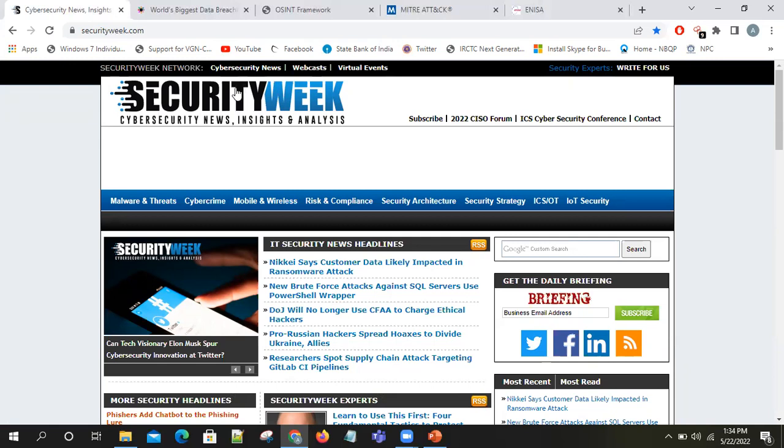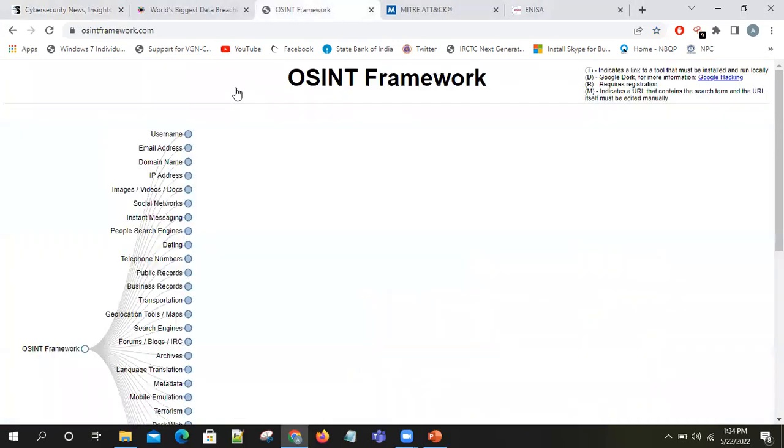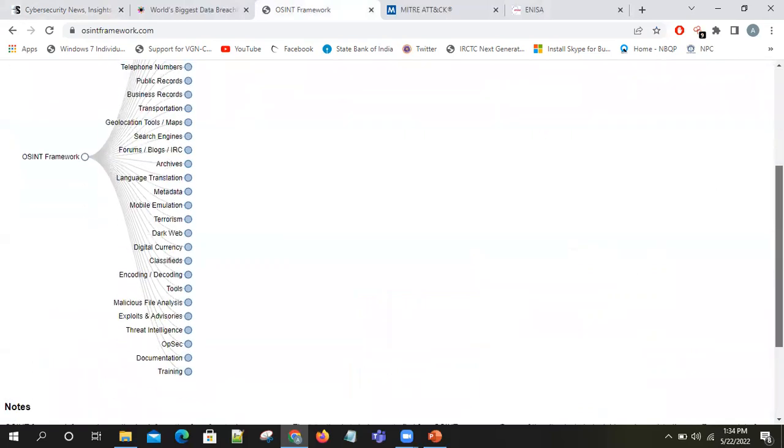The first thing for learning cyber security or the hacking part is the OSINT framework. This OSINT framework is freely available, from where we can learn lots of things. You can learn how to find out email addresses, how to find out open usernames, and IP addresses related to social media also. We can also find out